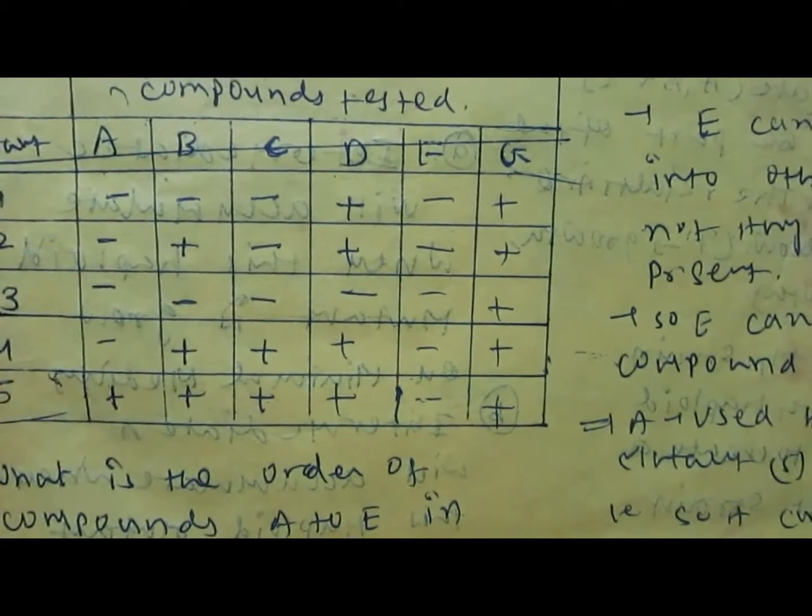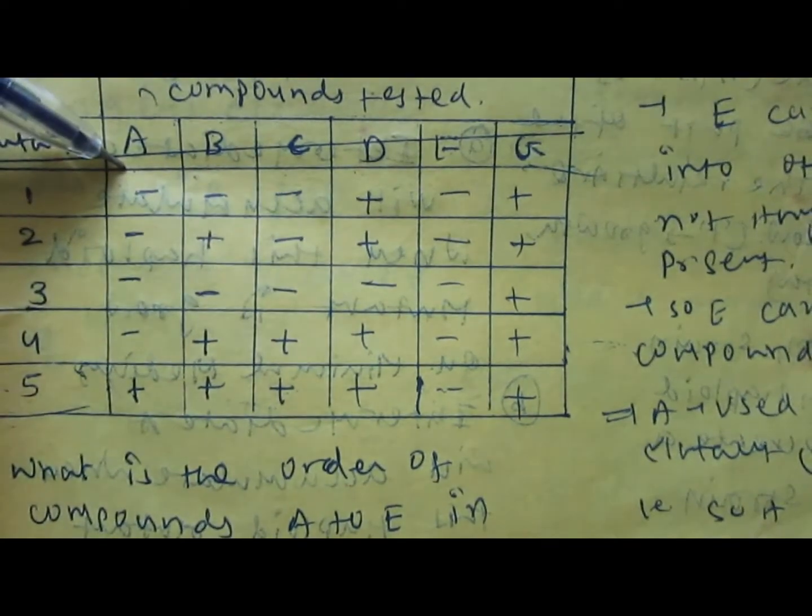Among these, only two mutants, mutants 4 and 5, take compound C. That means compound C is present, but again in very little amount. But the amount of compound C is slightly higher than the amount of compound A in the minimal media. So we can predict that compound C can be produced from compound A. So compound C should be the third compound converted from compound E in the biosynthetic pathway.